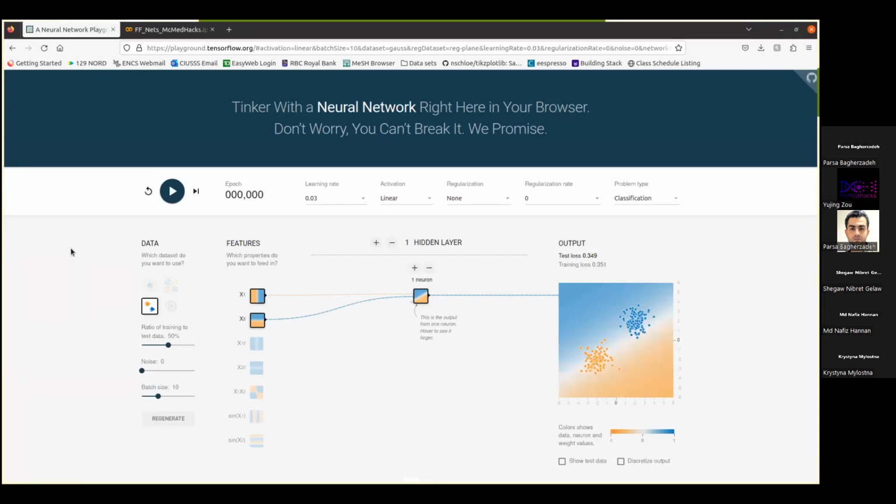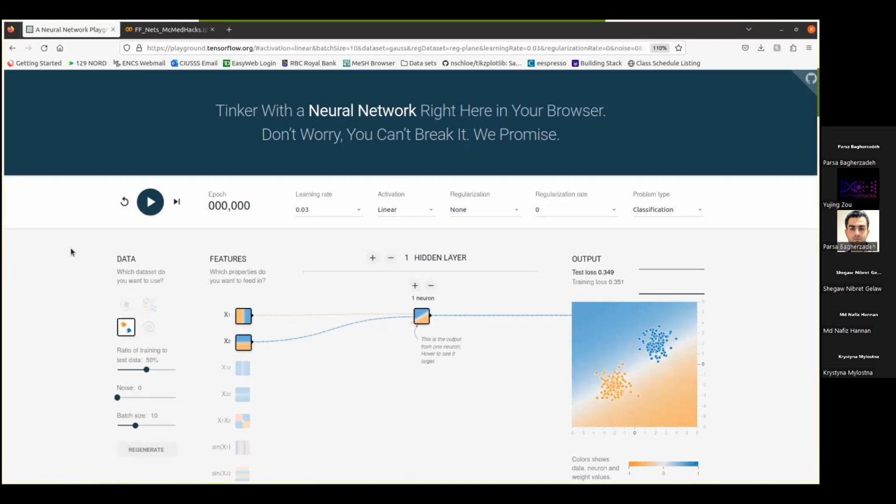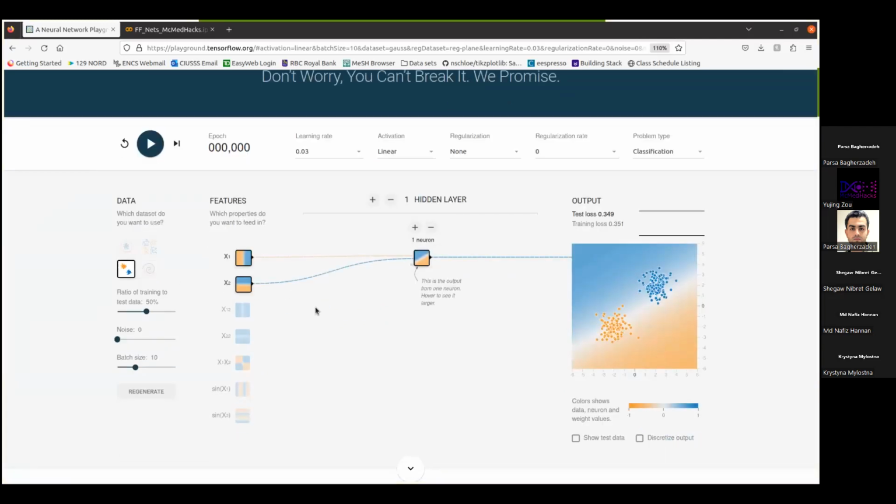It is a visualization tool that allows you to configure certain simple neural networks and look at different architectures. So here I have a simple neural net. It has 2 inputs and it has 1 output. I will talk about how to determine the number of inputs and outputs and the number that you have in between. But for now,